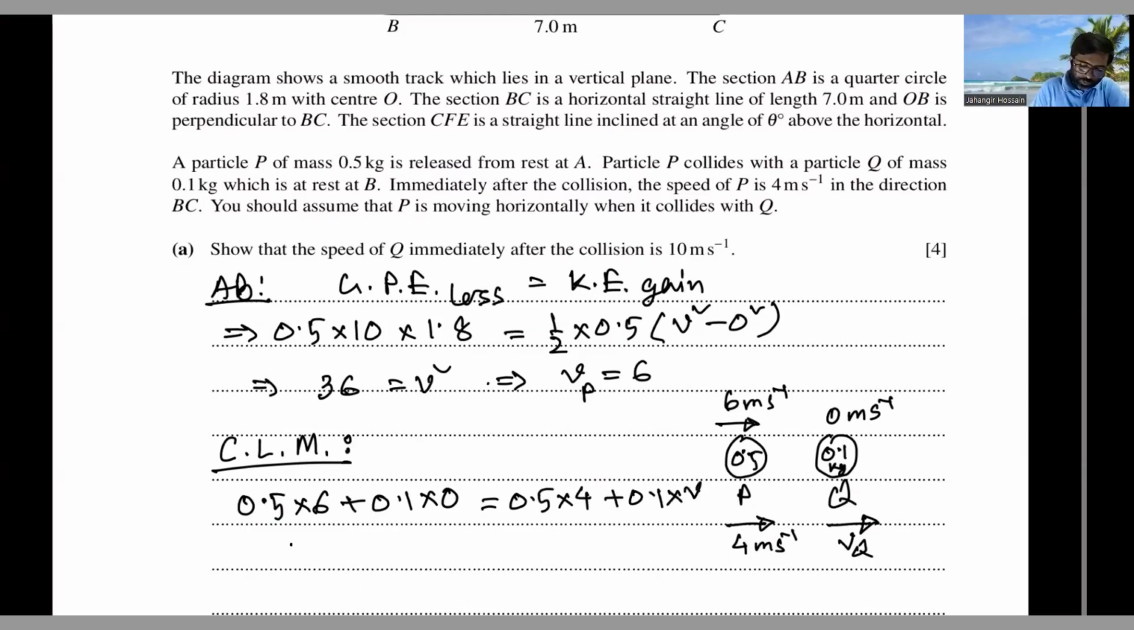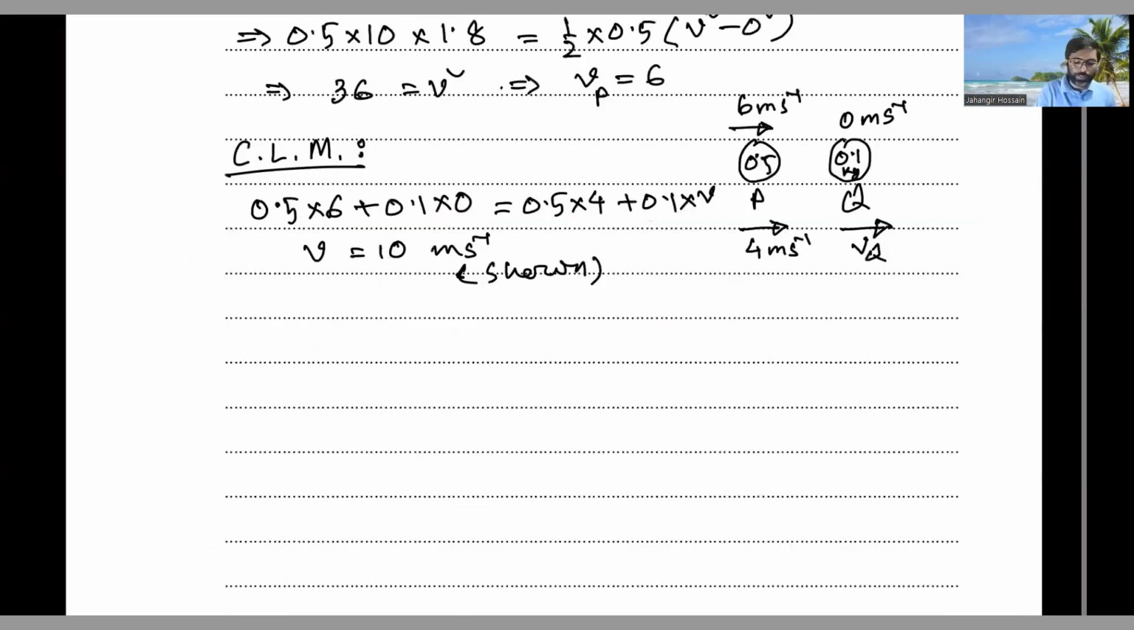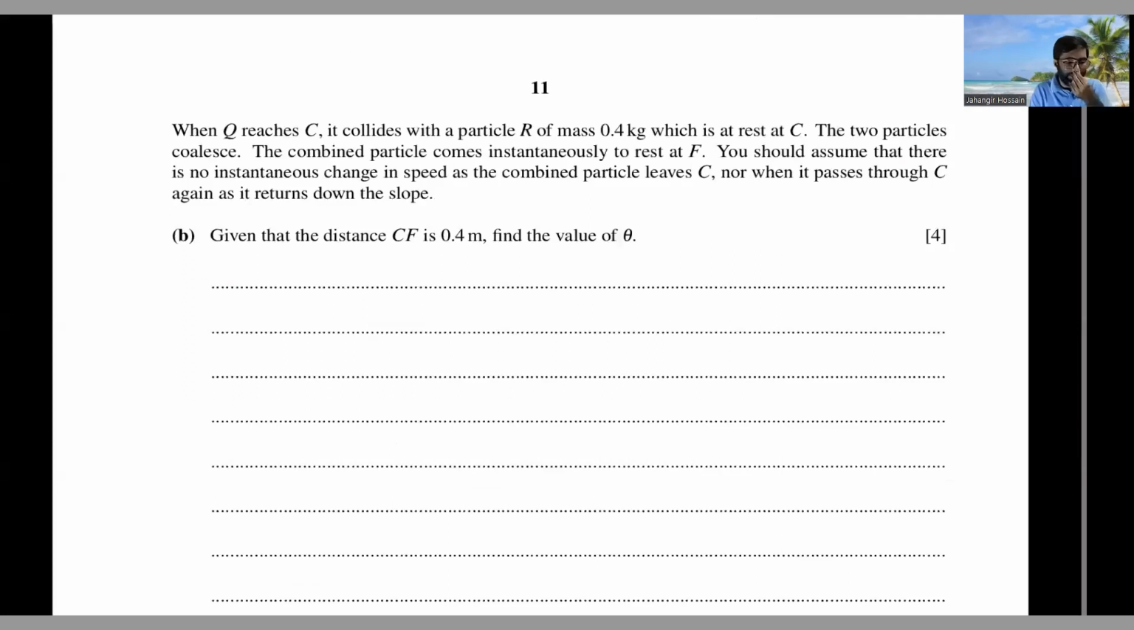0.1 into v, so v is 10. That's what the picture shows here. So v is 10 meters per second. Okay, that's part A. Then in the next part, what we have to do is, when Q reaches C,